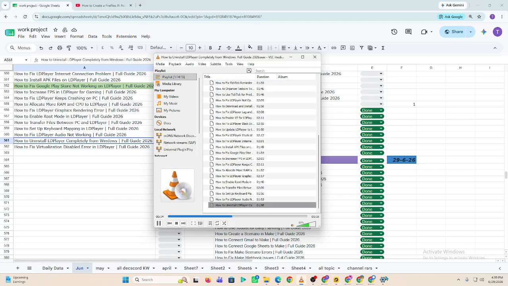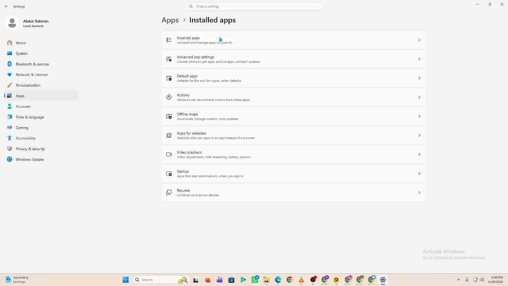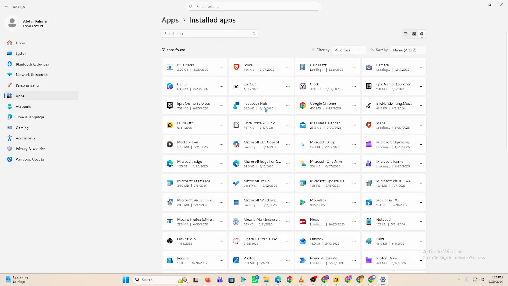Now you need to remove leftover files. Open File Explorer and go to the installation directory where LDPlayer was installed. Delete any remaining LDPlayer folders. Next, check common locations like Program Files, AppData, and Downloads to remove any leftover emulator data or cache